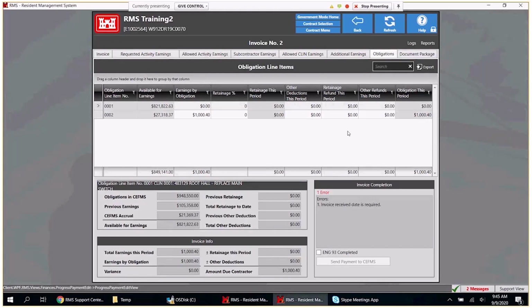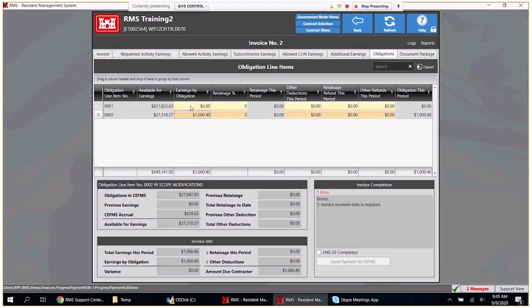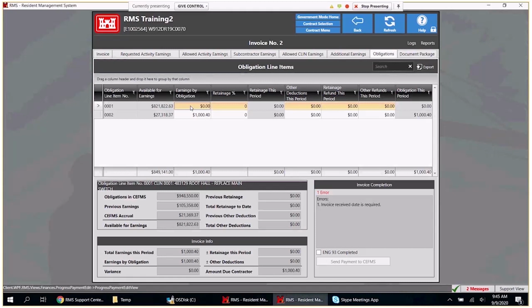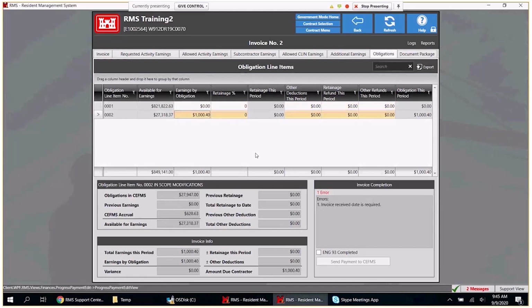Okay, Barry, this is where we're going to answer your retainage question. This is going to give you a roll-up of the pay per obligation line item. And you'll see that our pay request on the second line item is going to pay out of obligation line item number 2, that $1,000.40. Let's just say that your contract requires, and always check your particular contract language,